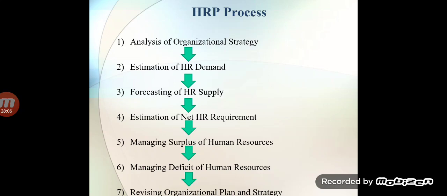Many times in a recession we face surplus employees. For example, the demand is for 10 employees but we have 20 employees. So in the recession time we can cut back. That is the point of surplus of human resources. At that time we can implement the technique of sharing the work. One employee works 8 hours in a day, but because we require only 10 employees and have 20, we can share the work and pay half salary to both, because we do not want to fire them. That's why we manage by sharing the work.